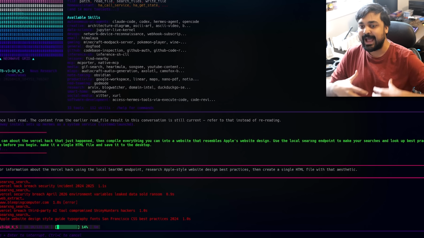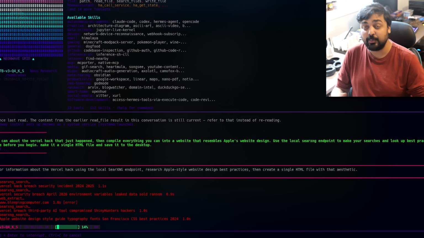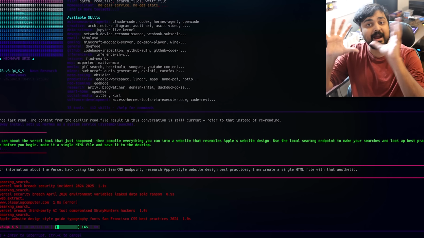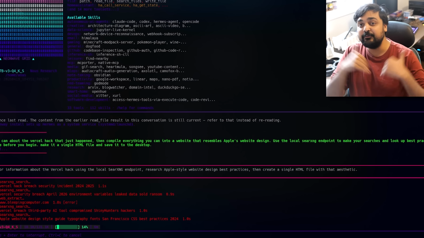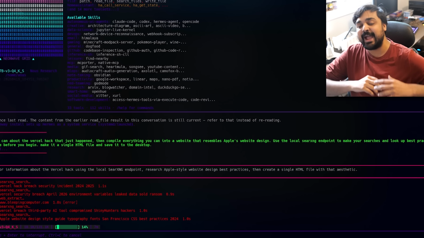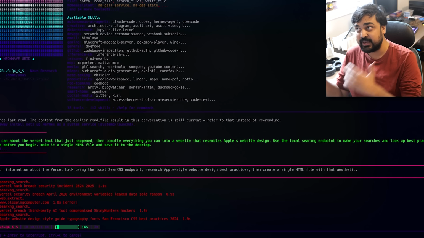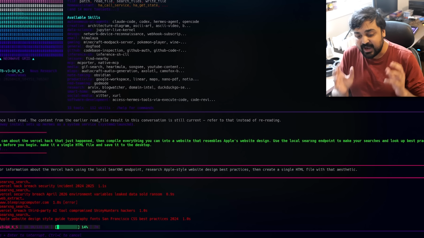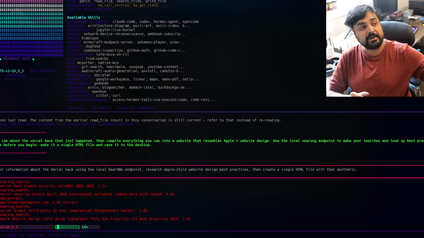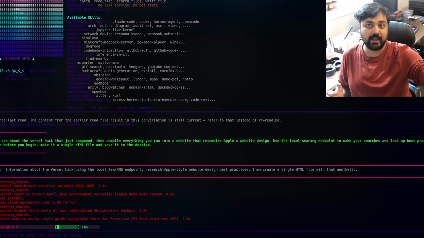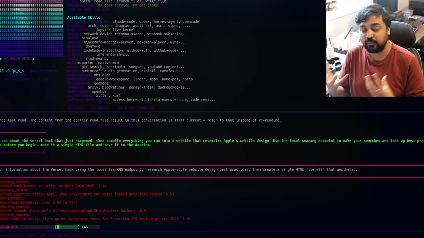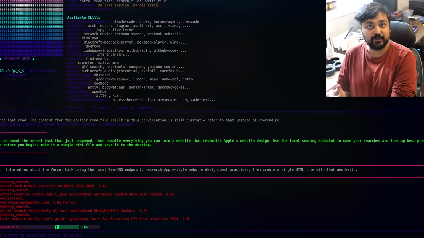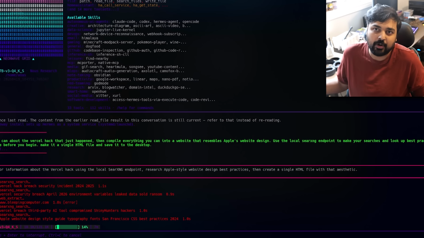It's looking up how this website is written, what kind of code. What's really important about this is that these models are able to read entire documentation of code and stuff it into their context. That means when they actually write the code you want, they can refer to these updated best practices. And sometimes it can close the gap between something you would pay a big AI company for and something you can run at home privately, safely, securely, at a fraction of the cost, obviously once you've bought the hardware, right?